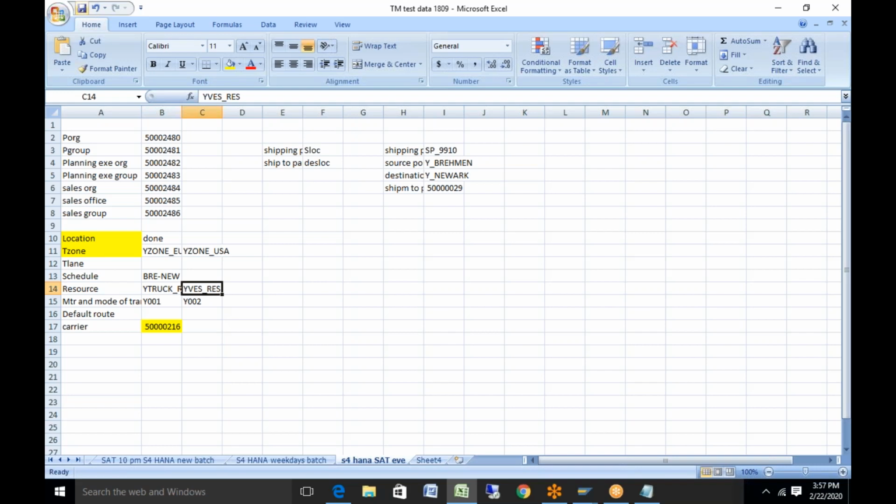There you always see a single stage, from your shipping point to your ship-to party, but you will not be able to see what ports it has to pass through. So default route means when you are breaking down your freight unit into multiple stages.